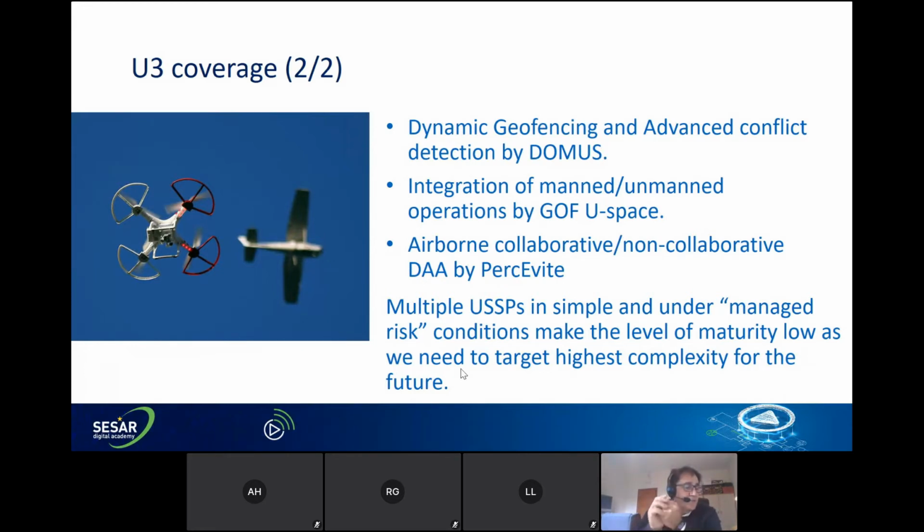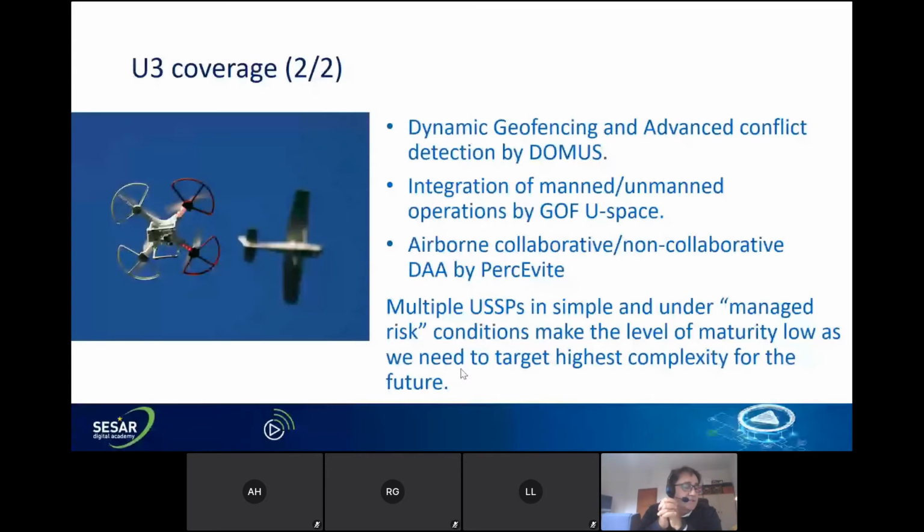Another important thread referring to U3 services has explored the so-called airborne collaborative and non-collaborative detection and avoidance system. One of the projects addressing these capabilities has been the Perceived project. But of course, to get the required level of maturity on the use of the airborne detection and avoidance capability, this should be further tested in scenarios where we will have and will not have the ground-based tactical conflict resolution service, mainly to look at the relevant interoperability issues. What I can say at the end of this slide is that several exploratory research projects and very large-scale demonstrations such as GovU Space, Safir, and Vutura have also addressed and demonstrated how multiple U-space service providers can manage and support specific drone operations in a given